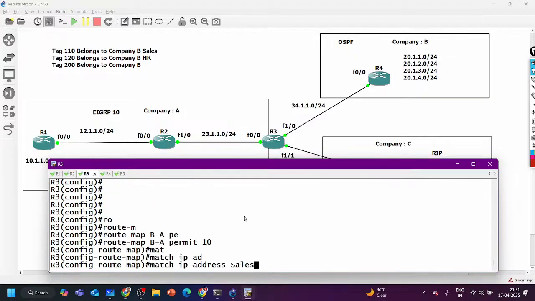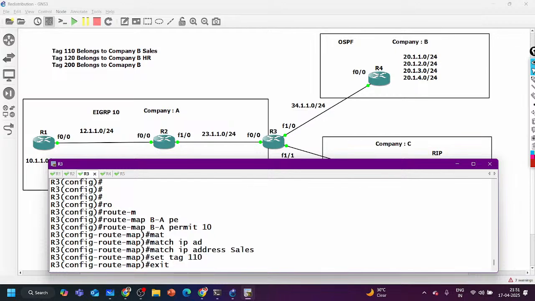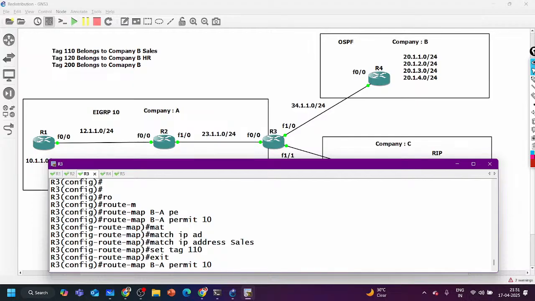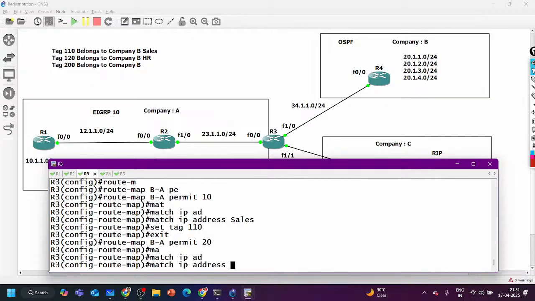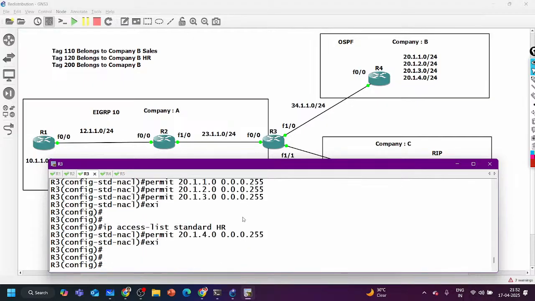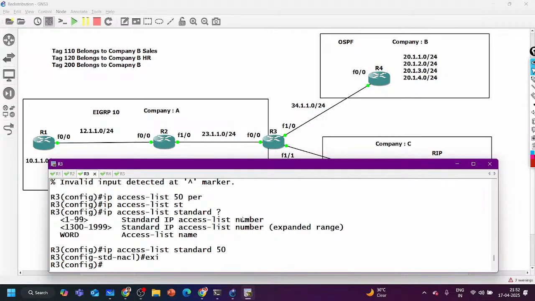From this, match the prefix and set tag value 110. Then exit. Same route map with higher sequence number 20 and match IP address from access list name HR,